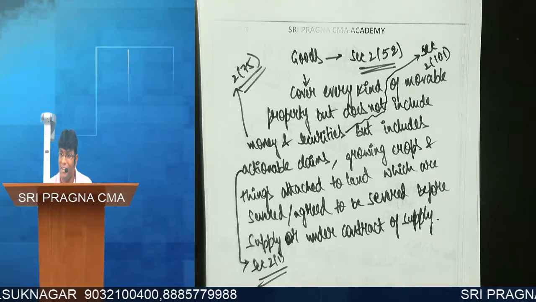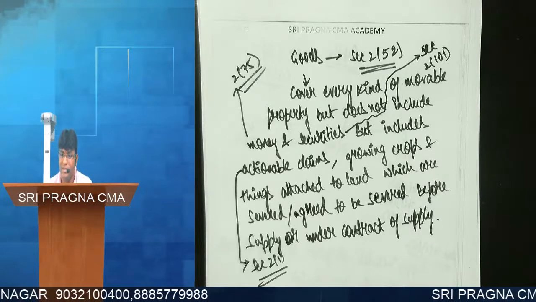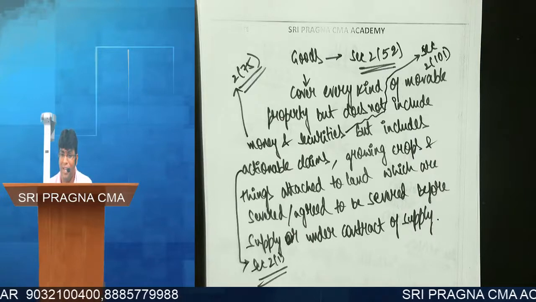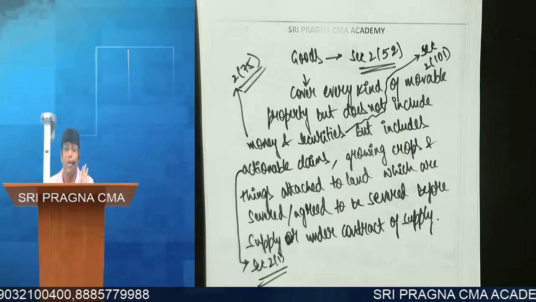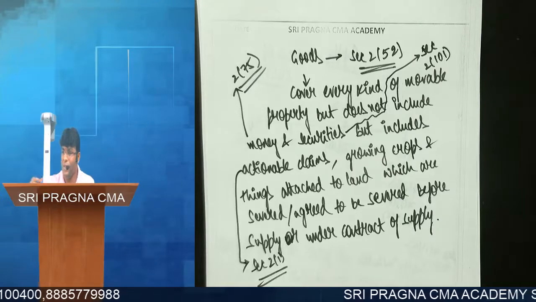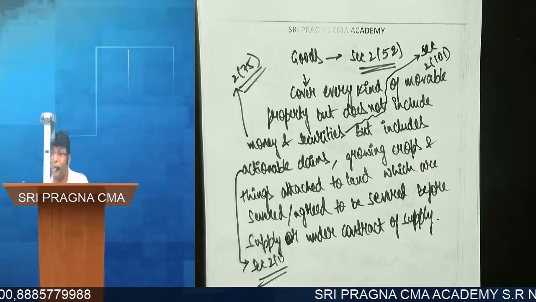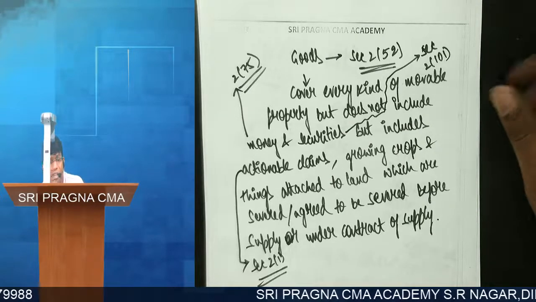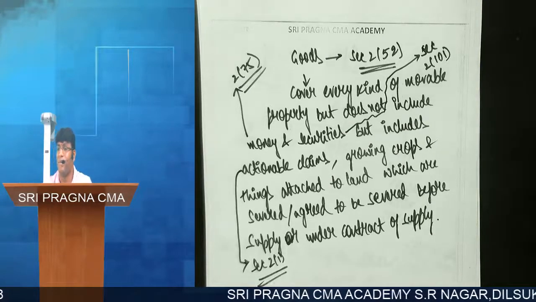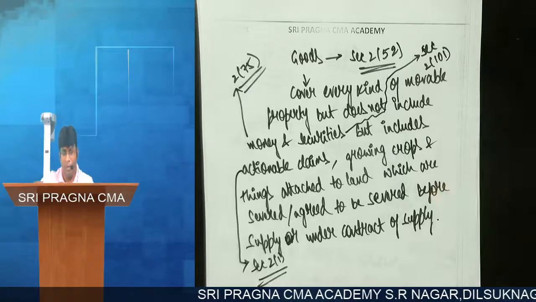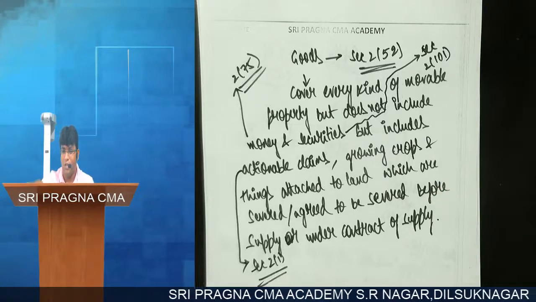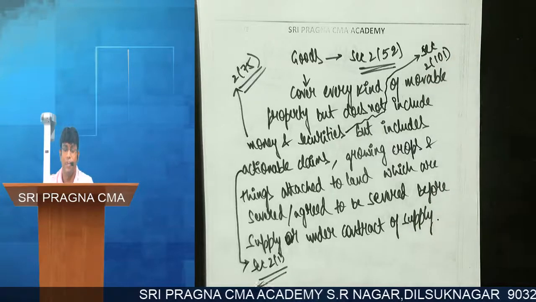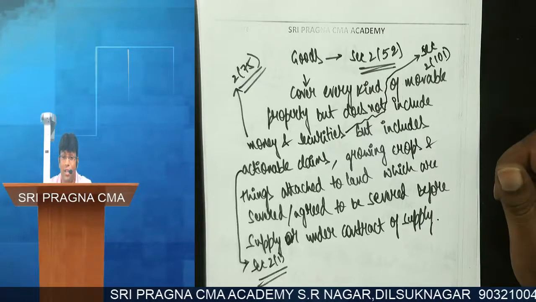Clear? Example: lottery ticket, betting, or any gambling. One more example: bills of exchange, promissory note. Sir, if we give a loan to somebody, we'll take a promissory note from them. If they don't repay the loan, why will I keep quiet? I will go and file a case. It's an unsecured debt. 10 lakhs I gave to somebody. He gave a promissory note: I promise to repay you 10 lakhs at so and so date, so and so time, so and so place. Not even 1 rupee came. Why will I keep quiet? I'll file a case.